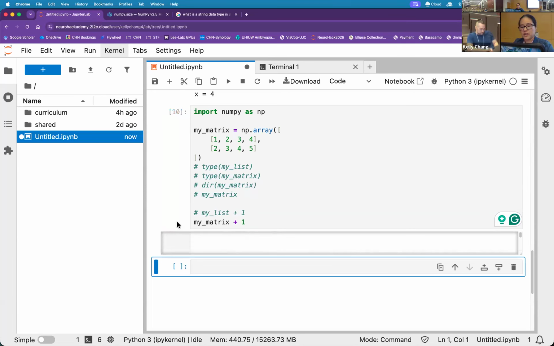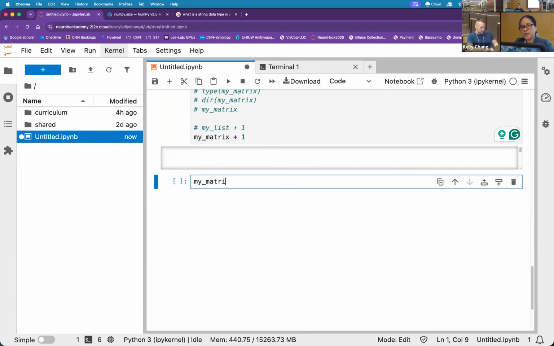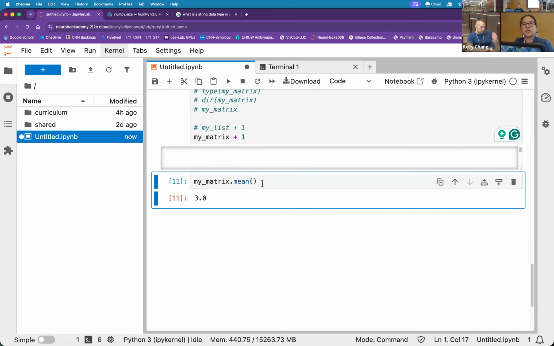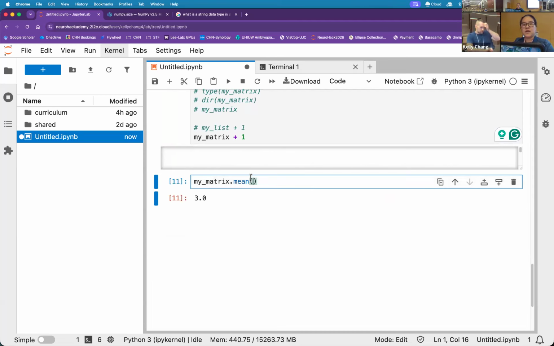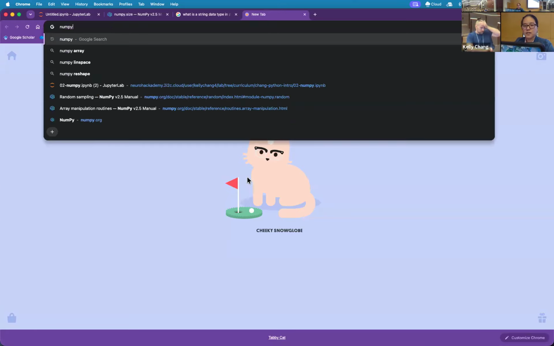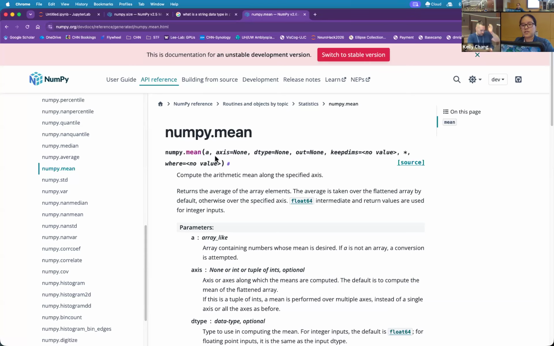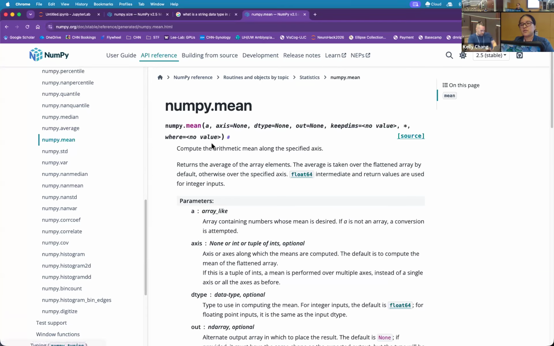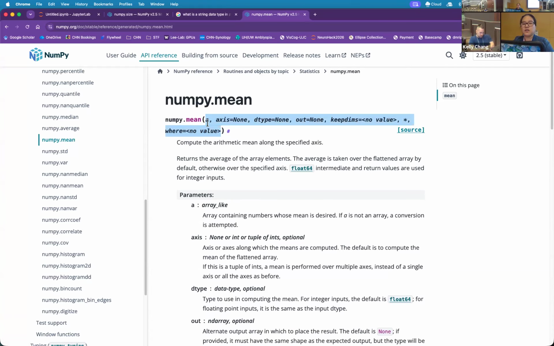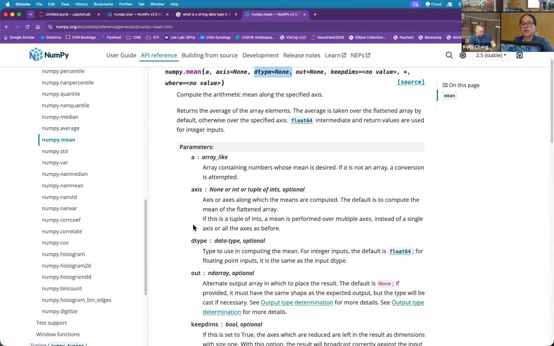So moving down just so we can get a bit more space to see the output, my matrix, and you saw something like a mean previously before. Ooh, where's this 3 coming from? My best guess is if I go to numpy.mean, look at the documentation, first thing to pop up, cool. And you notice that there's also in this documentation immediately many more arguments. I should switch to the stable version. Many more arguments that I did not even specify, but it was able to call. Even without this A, it actually sort of understands I am trying to compute on the object I'm currently indicated on, but I didn't specify something like axis. I didn't specify anything like dtype.